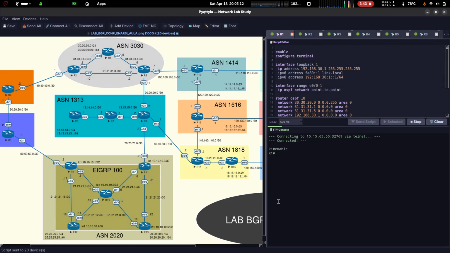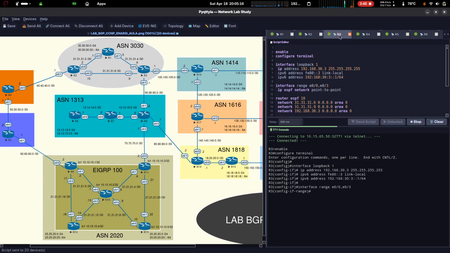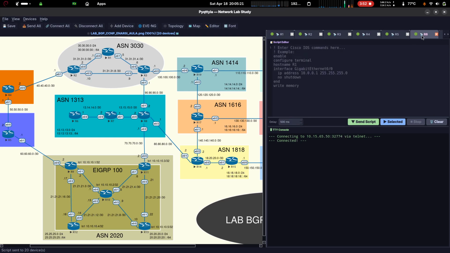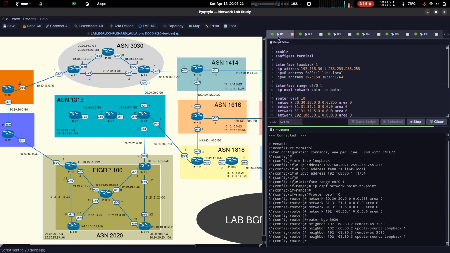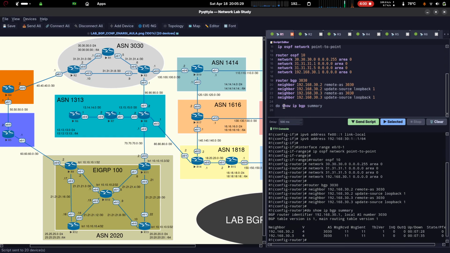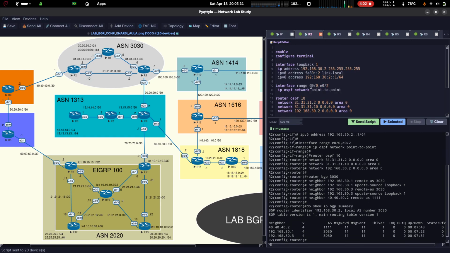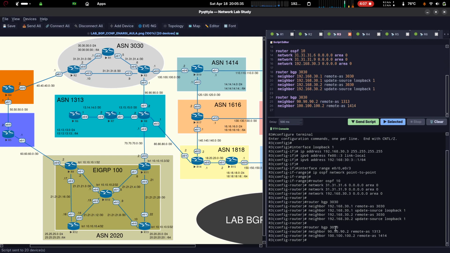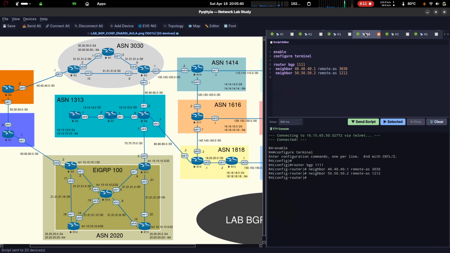I press here, and here we can see it's progressing. Each one sending its own. All of them working at the same time. And we'll see the adjacencies forming here. On script 1 there's already a summary here. On 2 also. On 3 there isn't yet, right? But now comes send all.